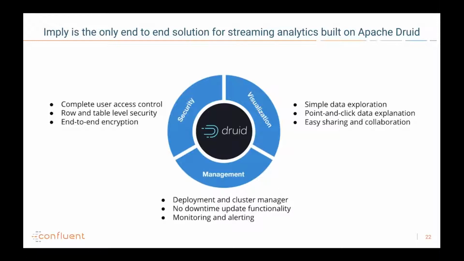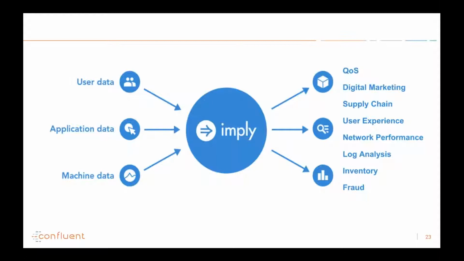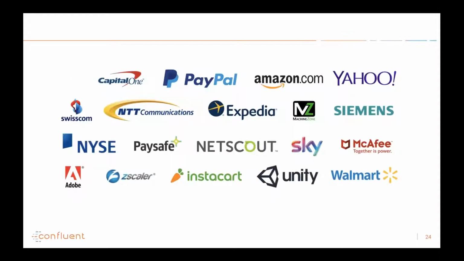And especially, Imply has been designed to do an end-to-end system based on Druid. Druid is a highly scalable solution. We have implementations that are in thousands of nodes and petabytes of data. Distributed systems are complex. ETL is complex, and visualization is complex. And Imply will provide you a solution for all of those in a single product. So it allows you, as a one-stop shop for all your user data, your application data, your machine data, to be able to enable a number of these different use cases.